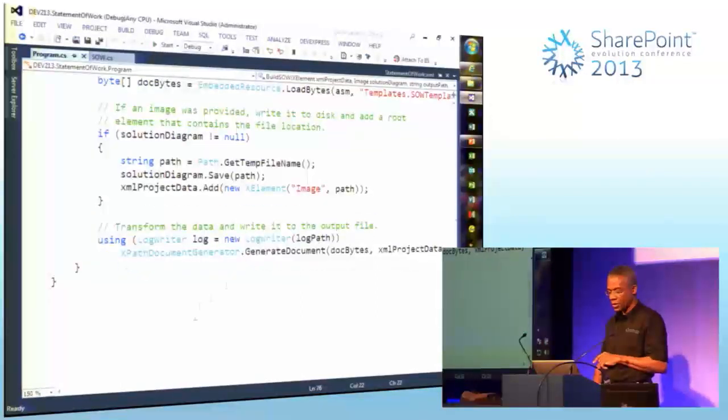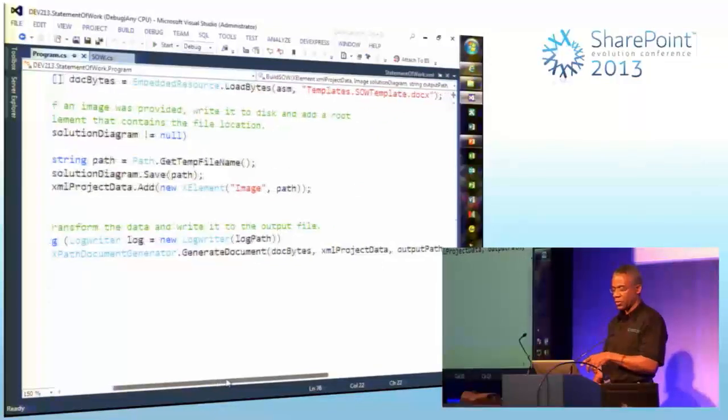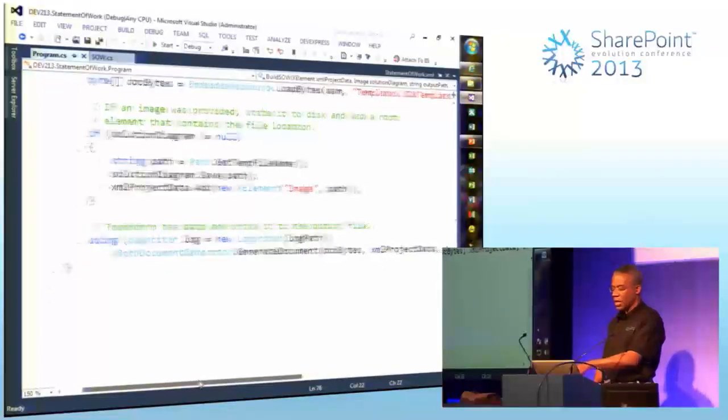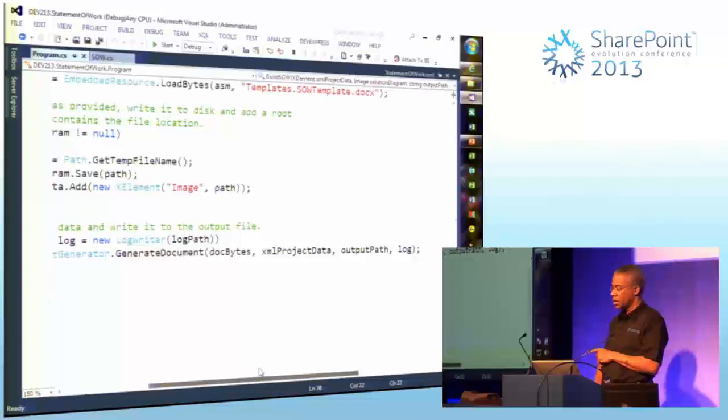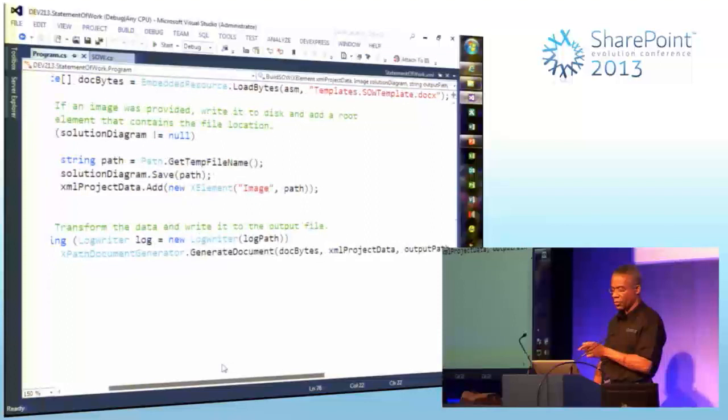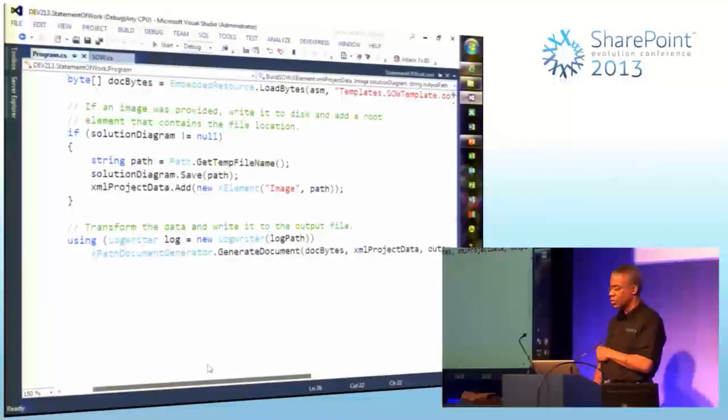So now I'm going to call my XPathGenerator code. I'm going to give it a byte array which contains the template. I'm going to give it the XML project data, which is the schematized XML. I'm going to tell it where to put it, and I'm going to have a little logging. I created a little tool to just log errors, okay? So if I go to that